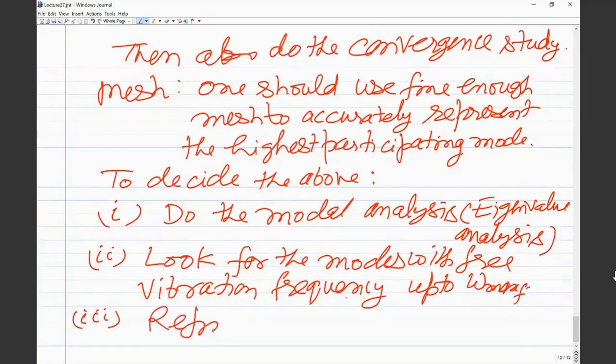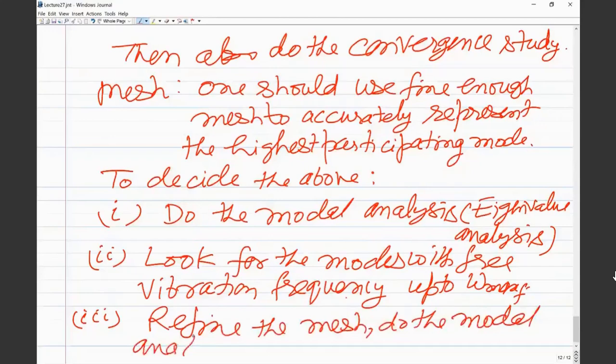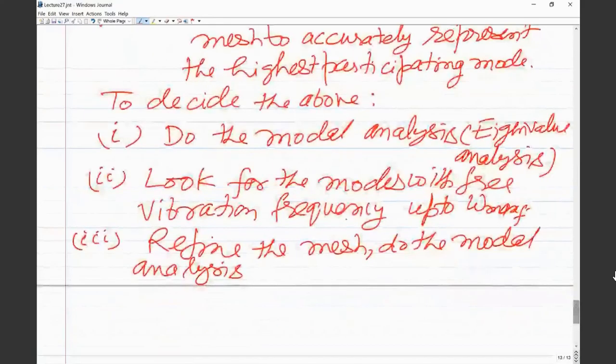So refine the mesh, do the modal analysis, and ensure that